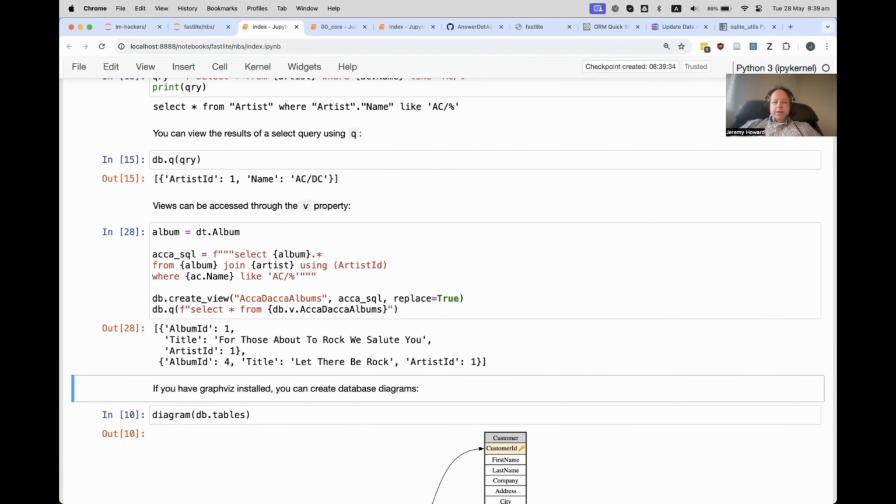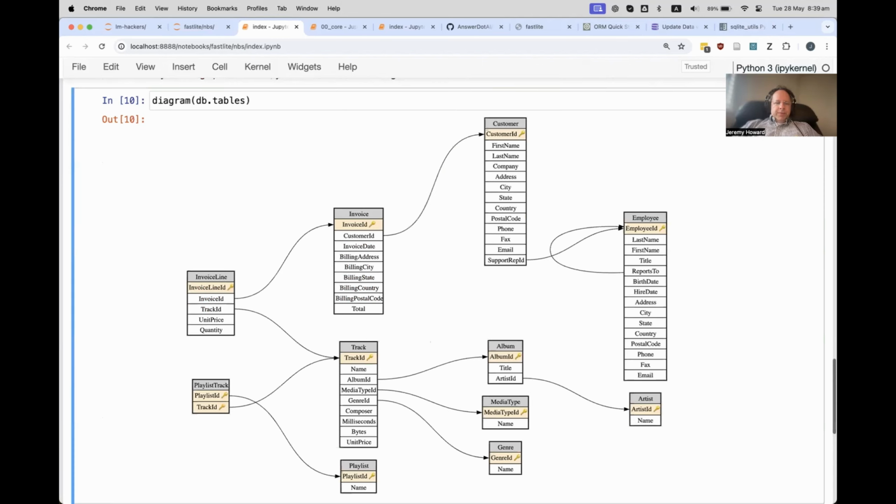Okay. So this next bit's kind of magic. You can go diagram, db.tables. And I find this super helpful. I'm a very visual person. I don't really understand a database until I see it. And so you can see here this Chinook database that we downloaded. There are employees. There's a self-join on reports to. There are artists that have albums,